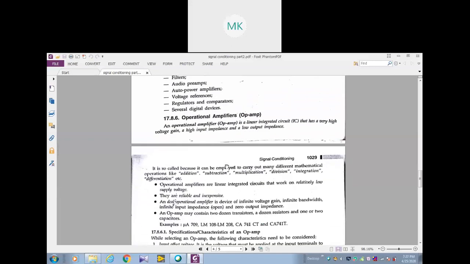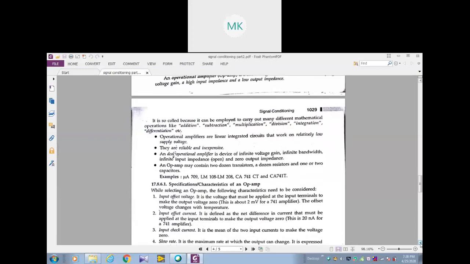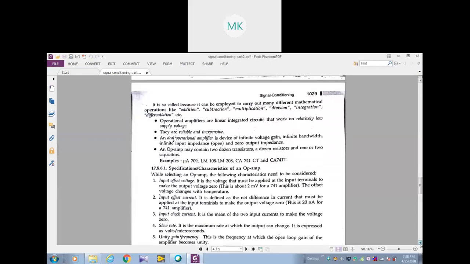Now this is about IC. Next is the operational amplifier. I think in the first year you have studied this one, the operational amplifier, and in the fourth semester also you had one subject, that is operational amplifier. In that subject you have studied everything. Now in this chapter we are repeating the same thing once again: what is an operational amplifier, the basic characteristics, basic applications, the uses of the amplifier, specification, characteristics, everything I'm going to repeat. So you just go through it easily, you can understand. If there is a doubt, you can ask me anytime.